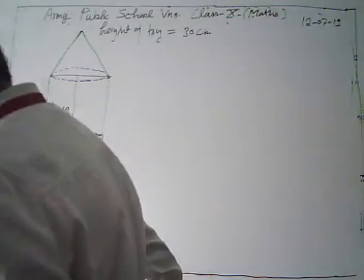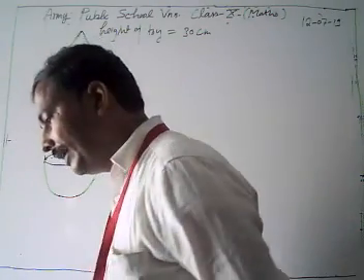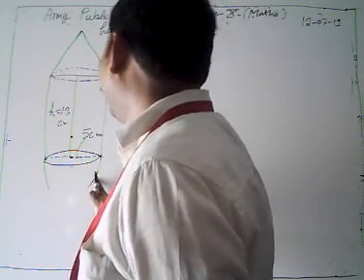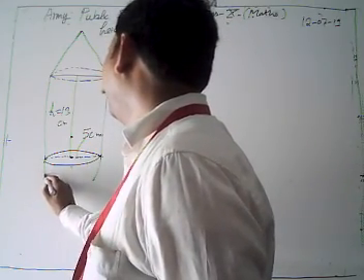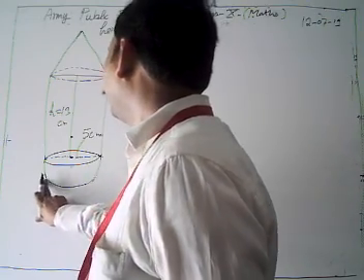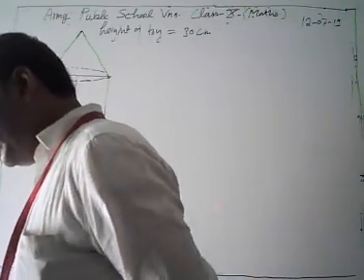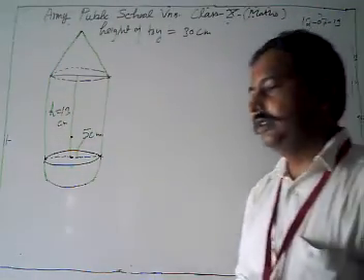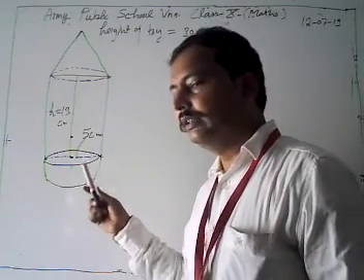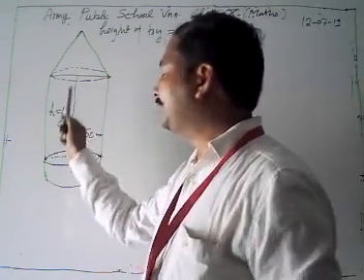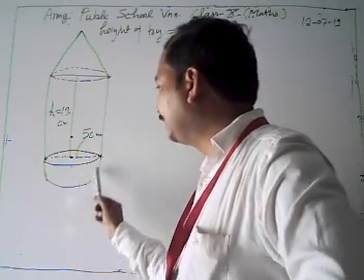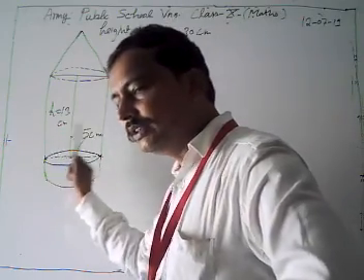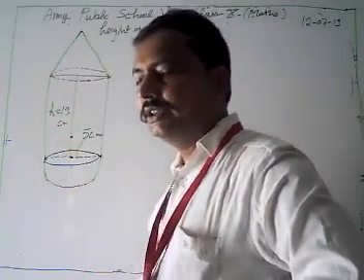The radius of the hemisphere and the base of the conical part are the same as that of the cylinder. The radius of this hemisphere is also the same. Now we have to find the total surface area of this toy. To get the surface area of this toy, we have to find the curved surface area of the hemisphere, the curved surface area of the cylinder, and the curved surface area of the cone.